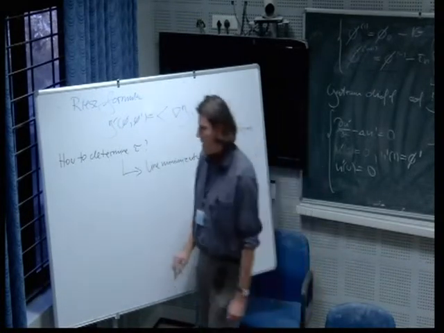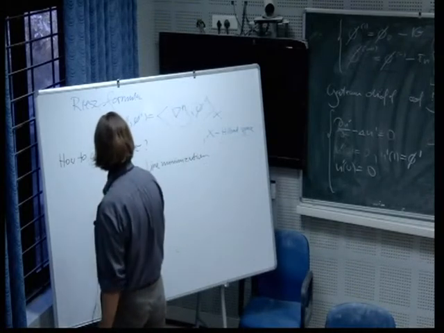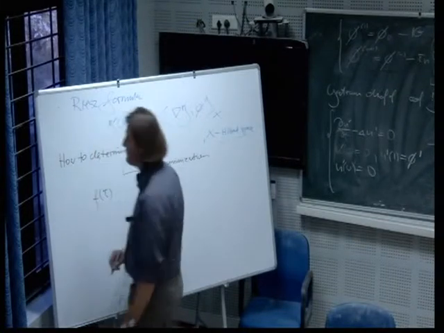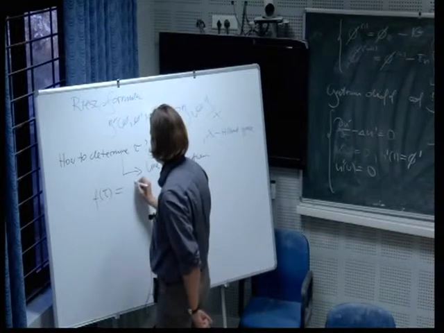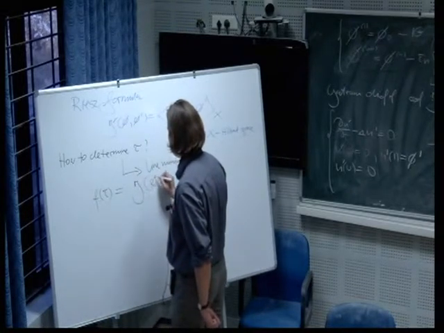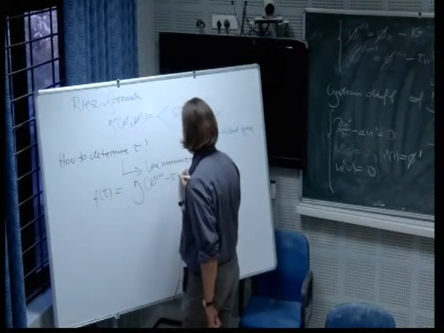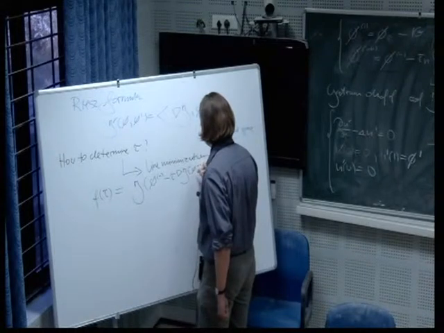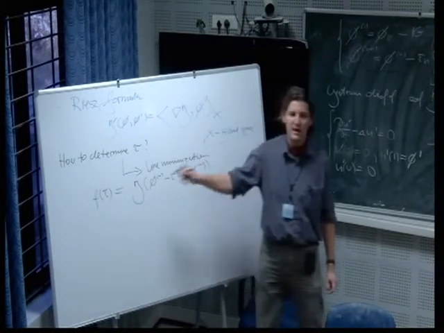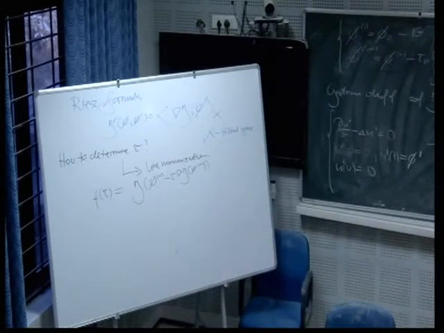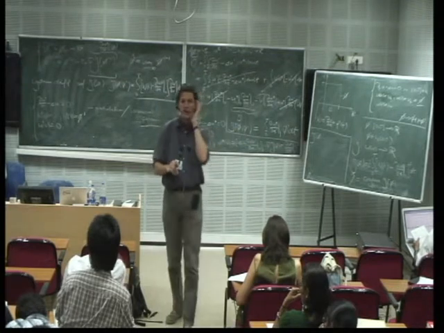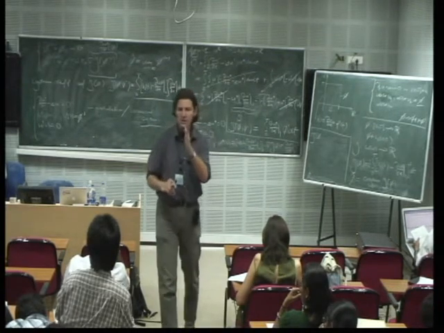Okay? So how do we do this? Well, let me define a new function, f of tau, which is defined as follows: J evaluated at phi n minus tau nabla J at tau n. Okay? So I have defined a new function, f of tau, which describes how my cost functional depends on the length of the step size. So in other words, I'm looking at the cost functional, but only along the direction of the steepest descent.